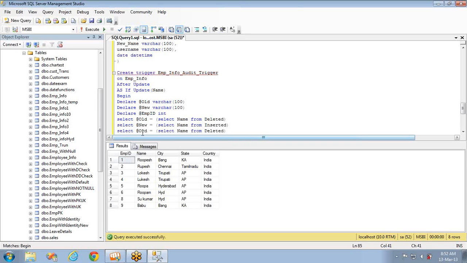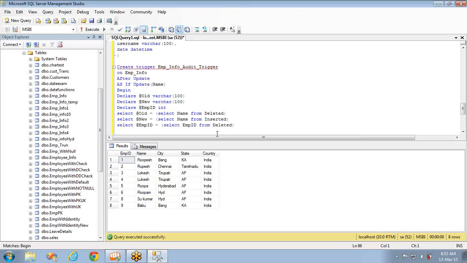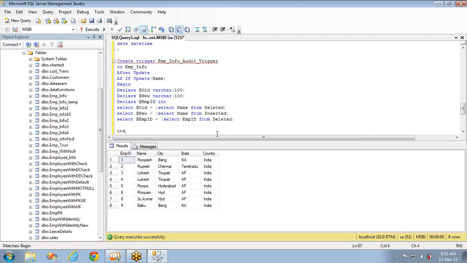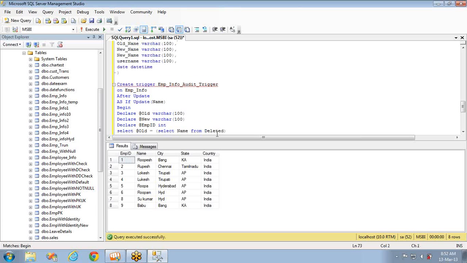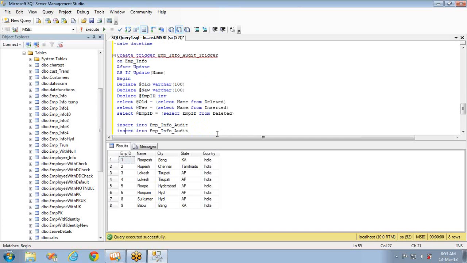So I'll go for employee ID as a select, employee ID from either deleted or inserted. Both will have the same value, right? Now nothing else to do. Insert into employee_info_audit, the table we created. What is the table name which we created now? Employee_info_audit. Values will be,